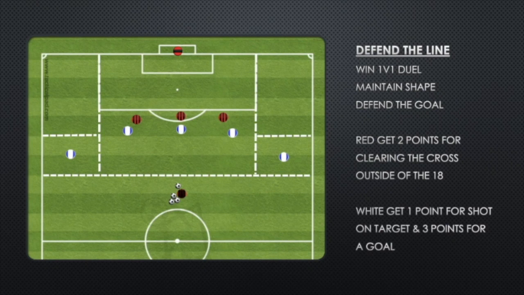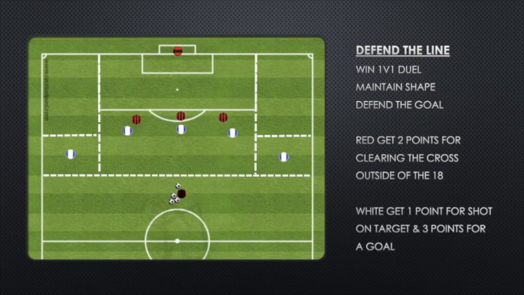So, a point system that I think keeps scores close and competitive. If the white team get a shot on target, they get 1 point. If they get a goal, they'll get 3 points. And for the red team, any clearance they get outside of the 18 is 2 points. And again, that's just encouraging a real focus on defending the zone and not clearing things short or